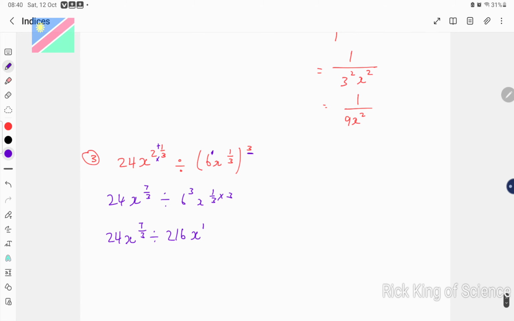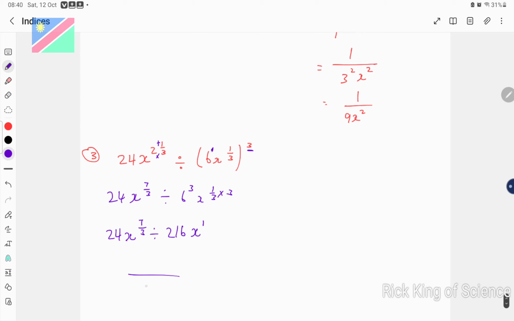So already, if you say 24 divided by 216, it gives you almost a fraction. Let's press on the calculator. 24 divided by 216, it gives you 1 over 9. So write it as a fraction now. So 9 is down and the 1 is on top, but let's not write the 1 until we get the value for x now. 7 over 3 minus 1. So your x, we have